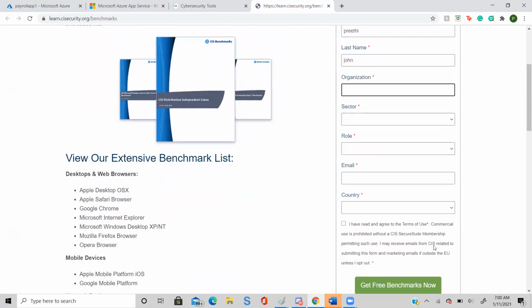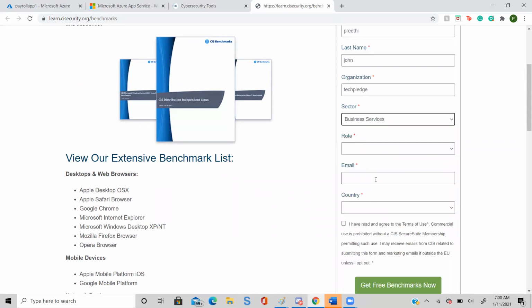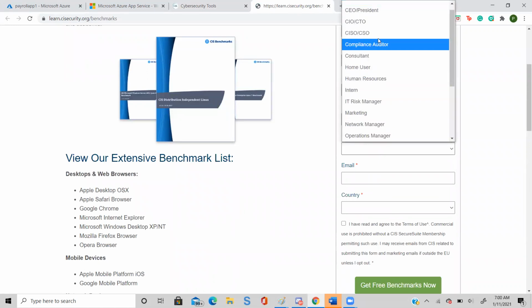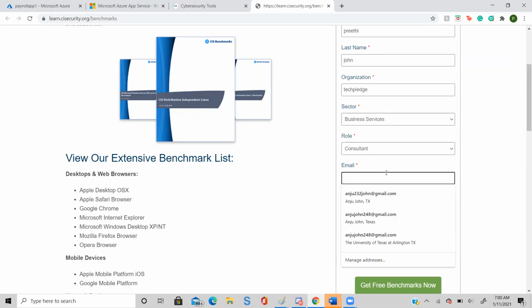For organization, just put TechPlace. Just select any sector from the drop down, maybe the fourth one, business services. Just select any role. Give your email. It will send you a link.